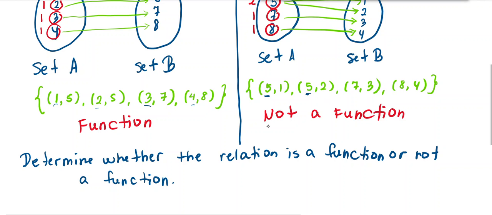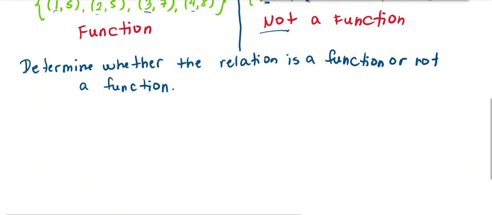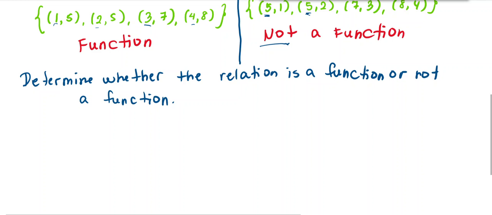Therefore, when you're analyzing a set in this form, in a raster form, just look at the first elements. If they show up twice, that means it's not a function. If there's any element that shows up more than once, then that's not a function. Okay, so here we're going to have some practice: determine whether the relation is a function or not a function. So number one,